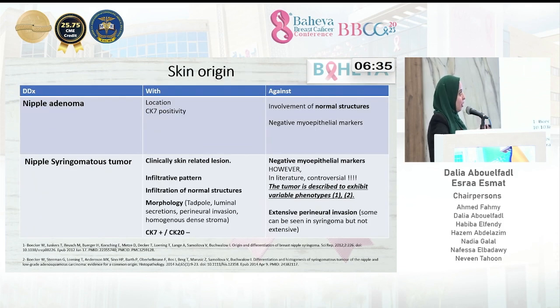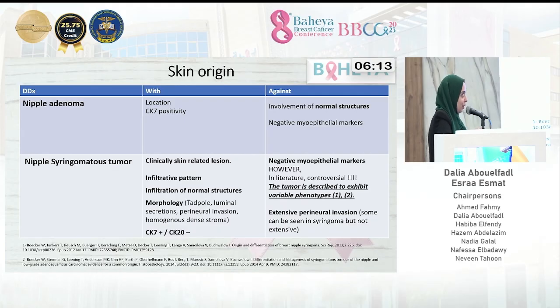الديفرنشالز في الـskin origin at this point: إن ده يكون nipple adenoma based على اللوكيشن والCK7 positivity، لكن الأجينست إن في extensive involvement in normal structures، يعني extensive perineural invasion، ده arguing against بالـinfiltrative pattern. ممكن نفكر في nipple syringomatous tumor بسبب الـangulated اللي هو tadpole like architecture وإن هو clinically skin related وinfiltrative pattern